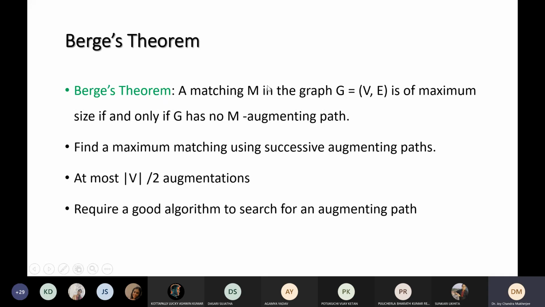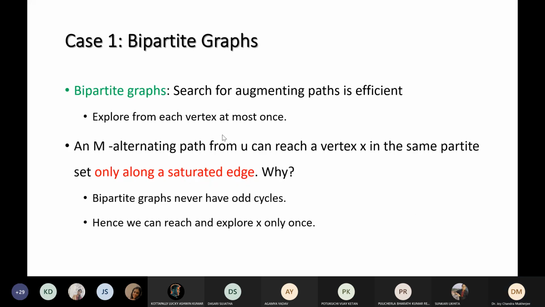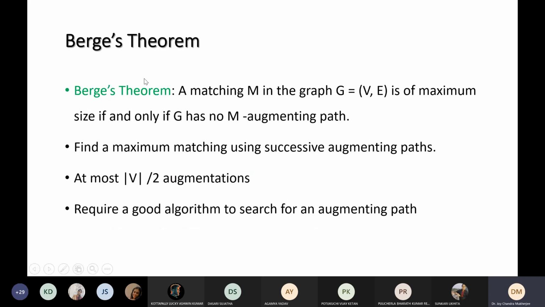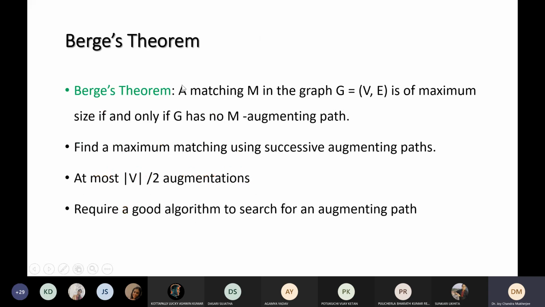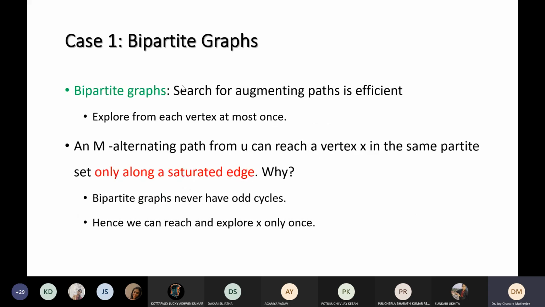As far as any bipartite graph is concerned, this won't create any problem. But for a non-bipartite graph, there are some issues, and we try to identify what the issues are and how they can be solved. Take the bipartite graph case first. How is Berge's theorem applicable to a bipartite graph, and why is it easy to find augmenting paths in any bipartite graph? In a bipartite graph, when we search for an augmenting path, it is efficient. And why is that so? The reason is,